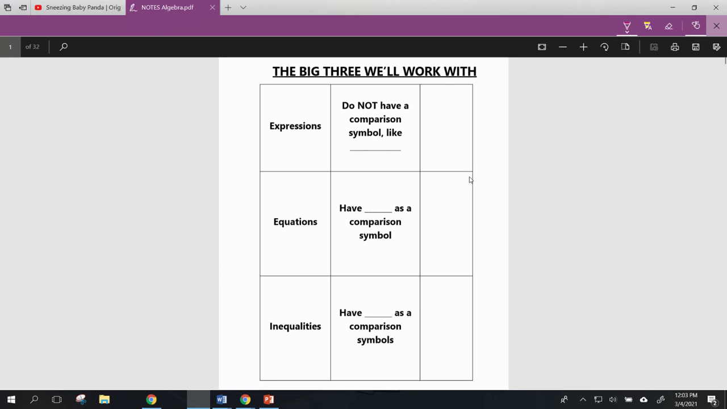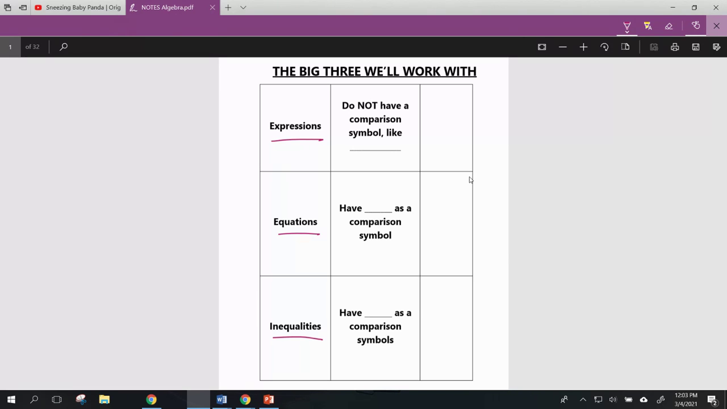Welcome to our intro to algebra vocabulary. What we're going to start off with are the three big chunks that we're going to be focusing on throughout this unit: expressions, equations, and inequalities. We're going to talk about what makes an expression, what makes an equation, what makes an inequality, and what they